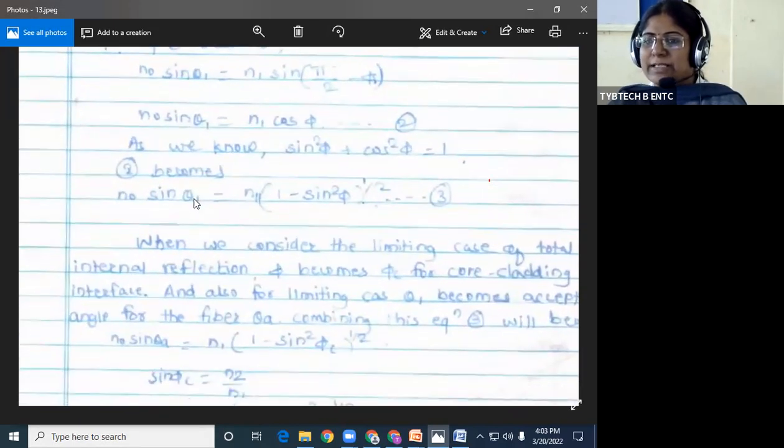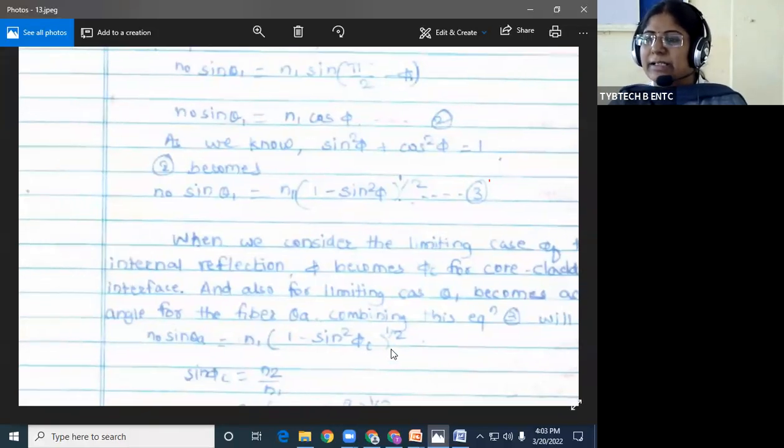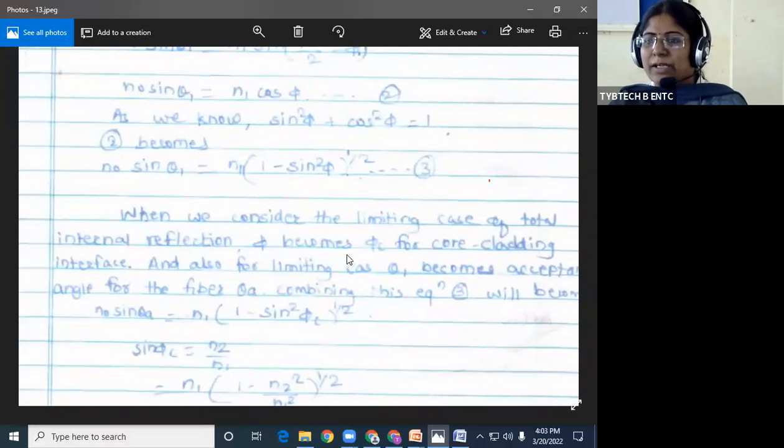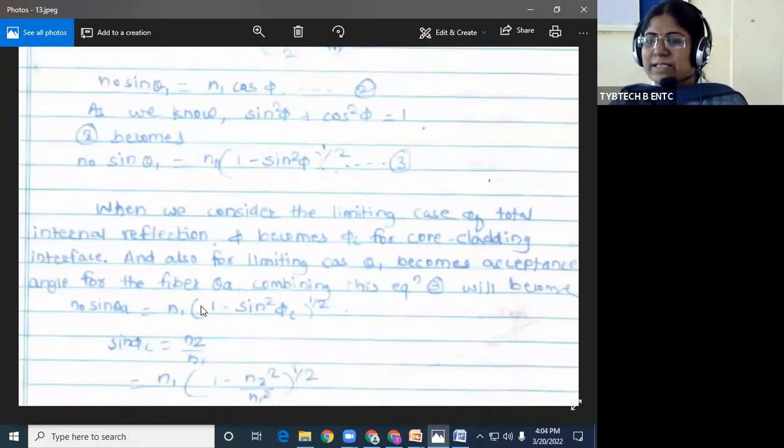The angle of incidence theta 1 will be replaced by theta a, acceptance angle, and this phi will be replaced by phi c. So when we consider the limiting case of total internal reflection, phi becomes phi c for core cladding interface, and also for the limiting case, this theta 1 becomes the acceptance angle